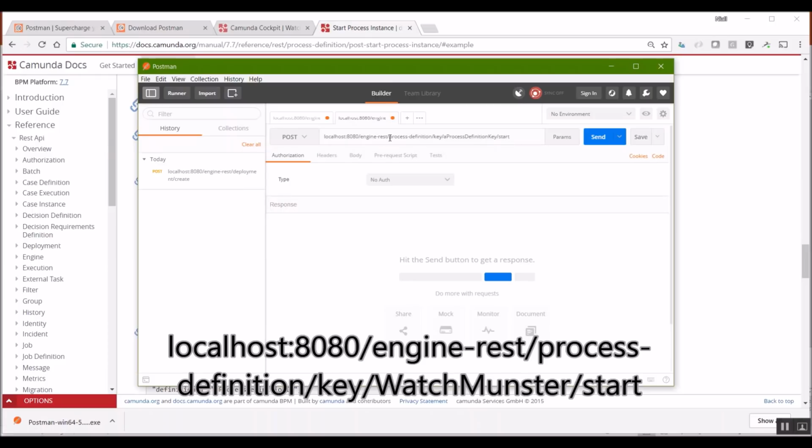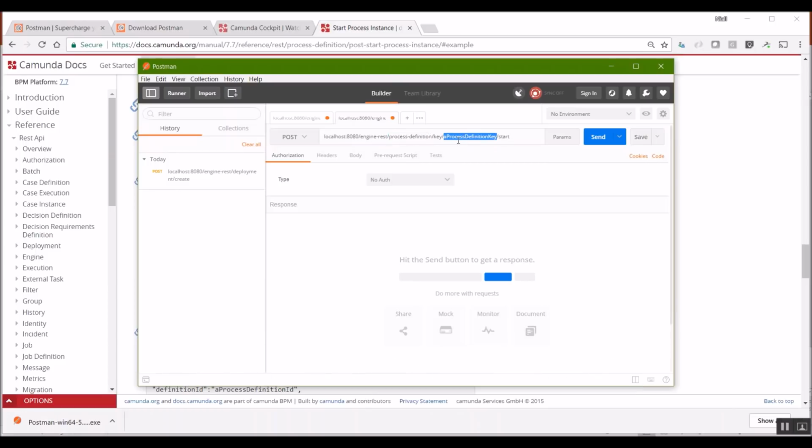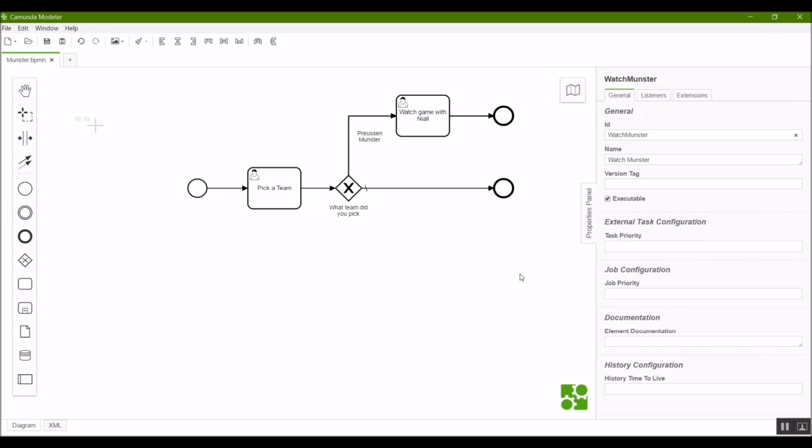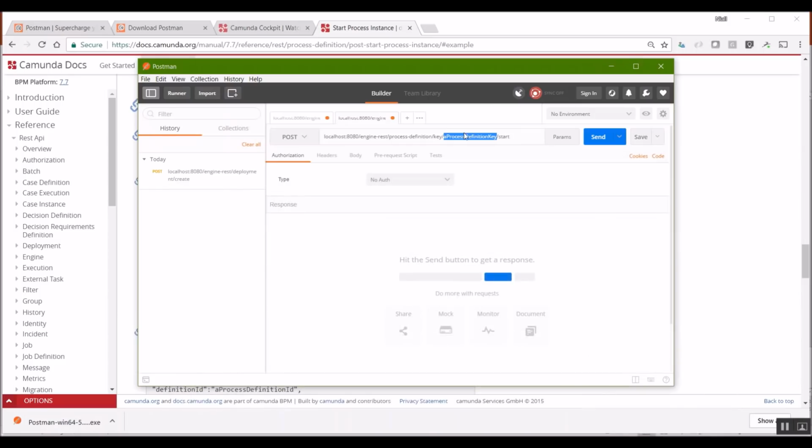The difference here is that after that, we're going to add process definition key, and we replace process definition key with the actual key of our process, which is corresponding to the ID that we gave our process when we created it. In our case, as I said, it is watch Munster. So if I add that, we now have the REST call of post localhost 8080 engine rest process definition /key, and that's really important, watch Munster, and then start.